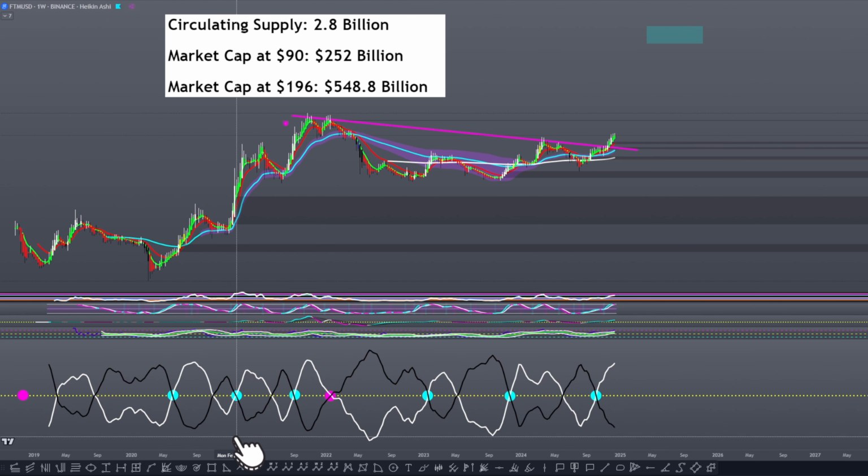One thing that I do want to mention here is that on this ASO indicator, you'll see another way to anticipate moves rather than relying on certain divergences. It's very crucial to notice that at some point the bearish sentiment and the bullish sentiment are going to, well, the bearish will set peaks here, and then the bullish will set troughs or lows here, and then it will lead into a bullish cross.